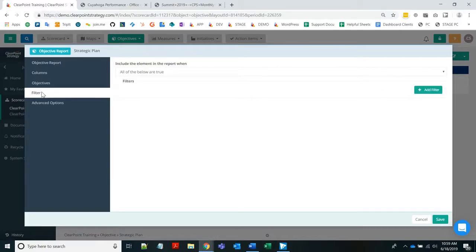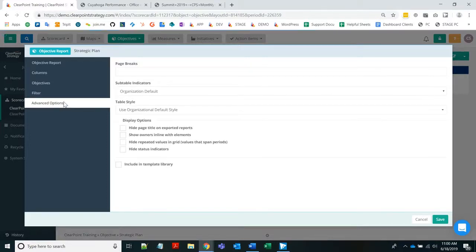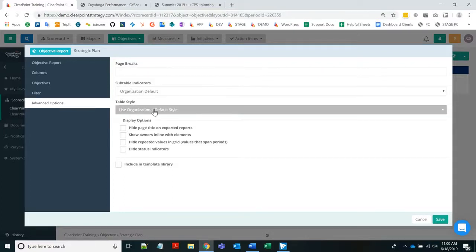Then in the Filter tab underneath that, I can narrow down which objectives are included even further, maybe setting up criteria like only showing objectives that are below target, so that I can get exactly the view that I want in my summary report. And then the last tab is Advanced Options, and this is where we can set up our custom table style. So you'll see the third option down here is Table Style, and if I click on